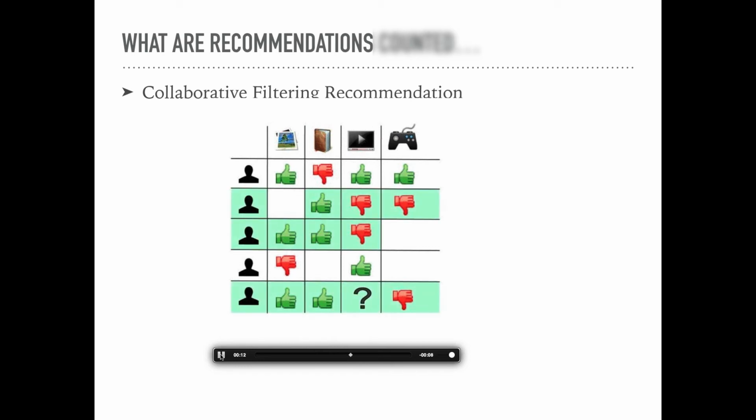If you infer that way, you will see that we can say user 5 will not like the video content. That's why we should not recommend video content to user 5. So this is about collaborative filtering recommendation, which is mostly based on user data.